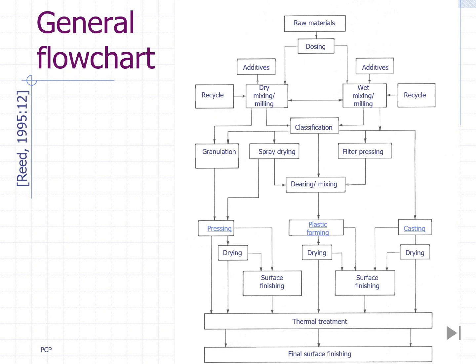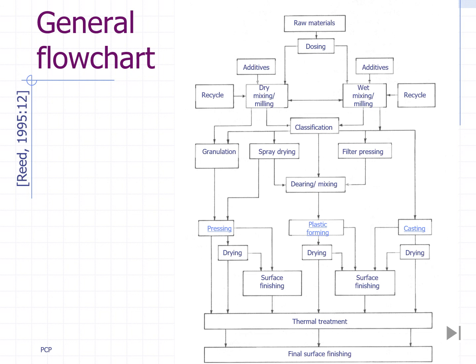This is a general flowchart of the processing steps in a typical path for fabrication of a ceramic part. As we have seen before, the main keywords, powder, shape, and heat, can be located respectively at the top, middle, and bottom of this representation. Thus, powder processing or beneficiation includes